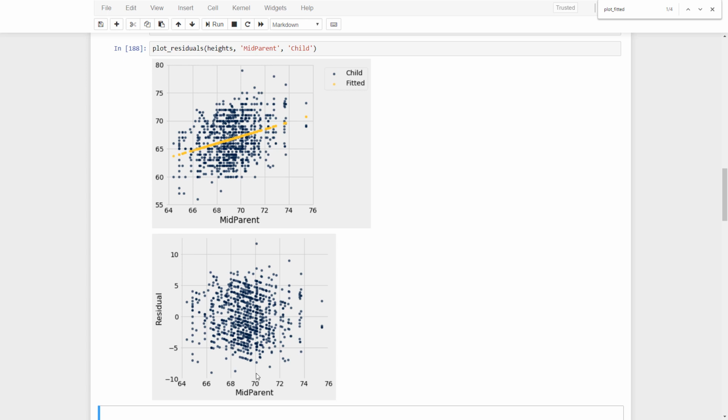So for each value in the original scatter plot, we will compute the residual and then plot it here. For the heights dataset, we'll see that the residuals, or the errors, are almost symmetric across the horizontal line. Usually when we look at a residual plot, we have the horizontal line here